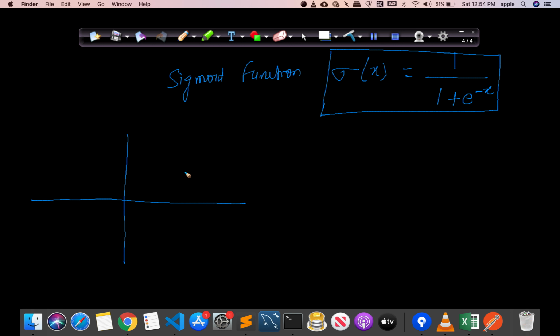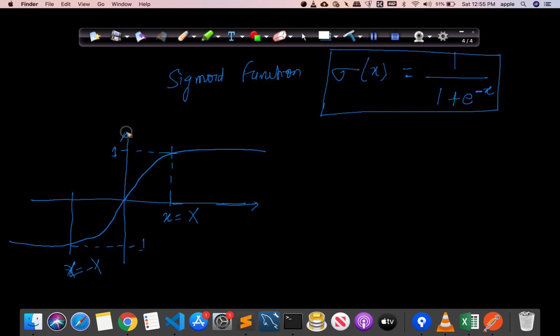What this does is, for some particular value it increases, but after a particular value of x, this will saturate itself. After a particular value of x equals to capital X, it will saturate, and this can go up to 1. And similarly on this side also, after some value of x equals to minus X, this will saturate, and it will saturate at -1. After that, if you keep on increasing the value of x, this will not change the value of y. So this is the advantage of using the sigmoid function.